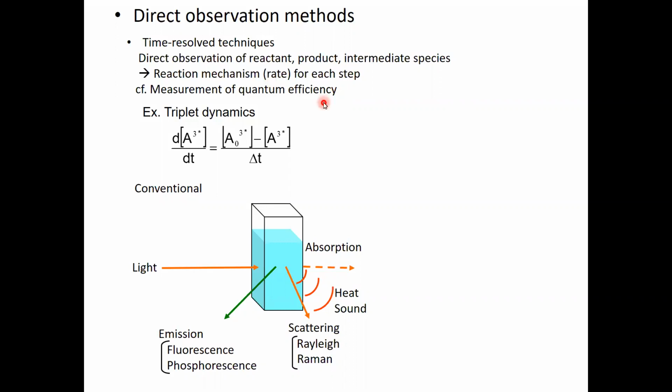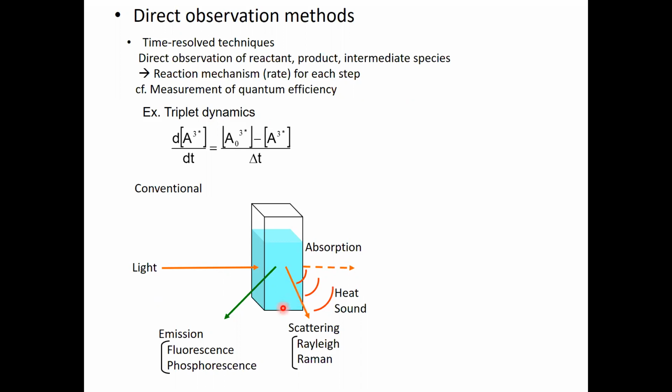For example, if you have a triplet excited state, right, we analyze this differential equation. But if you could directly observe the concentration of the triplet state, we don't have to do that, right? So there are many different